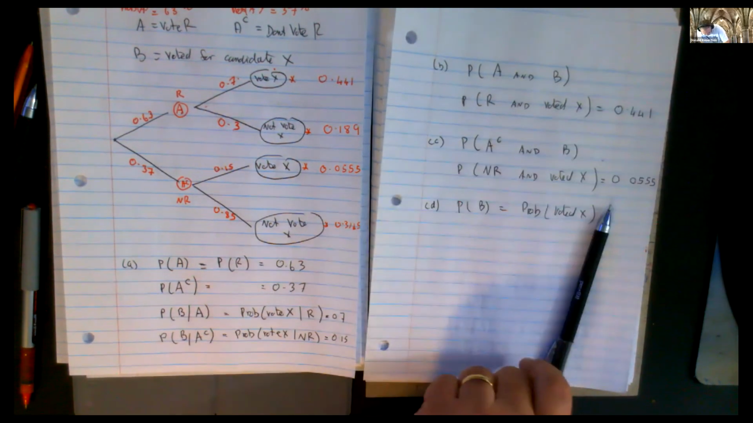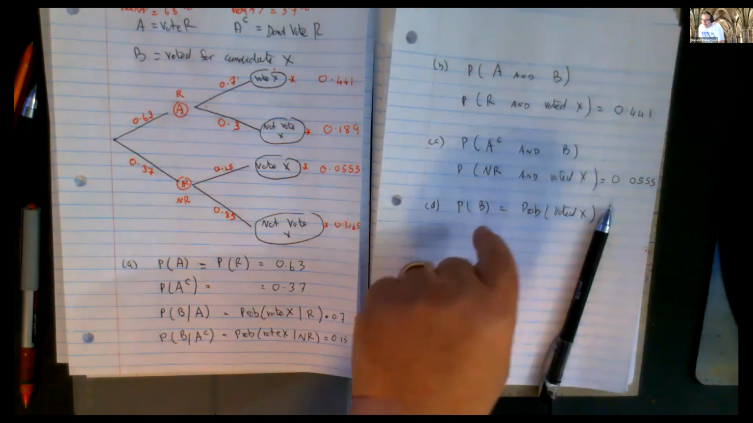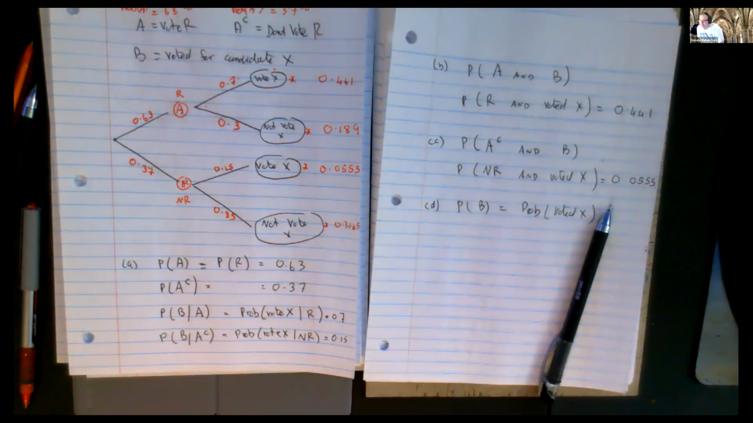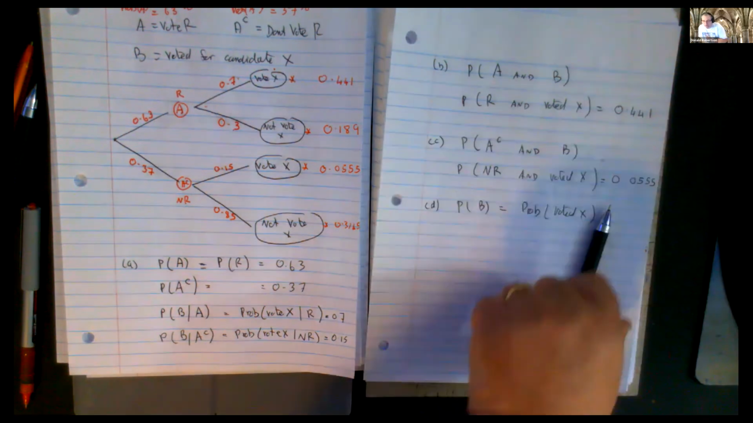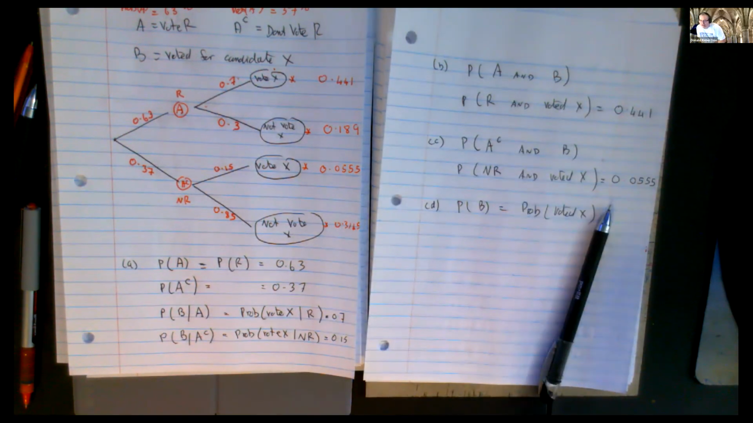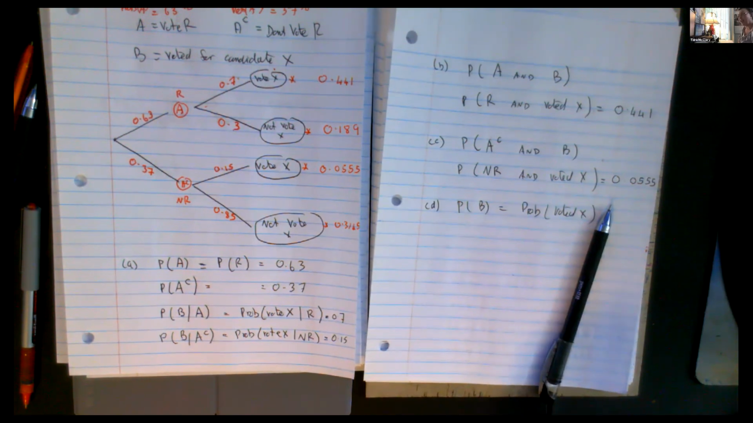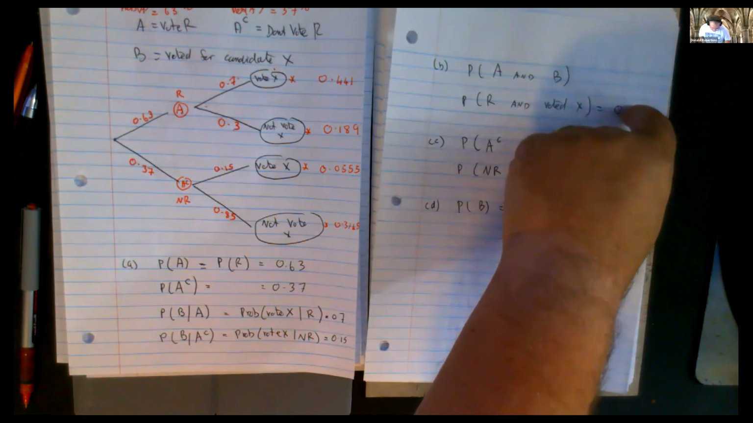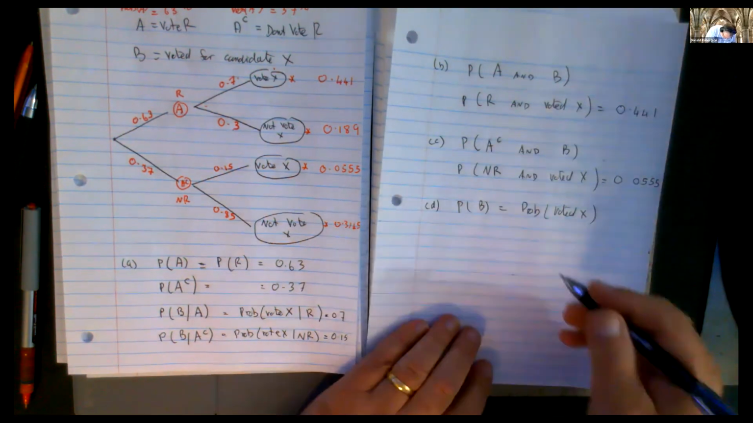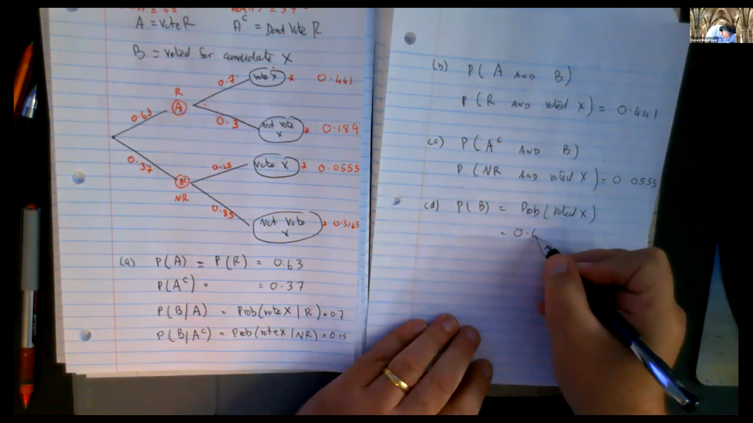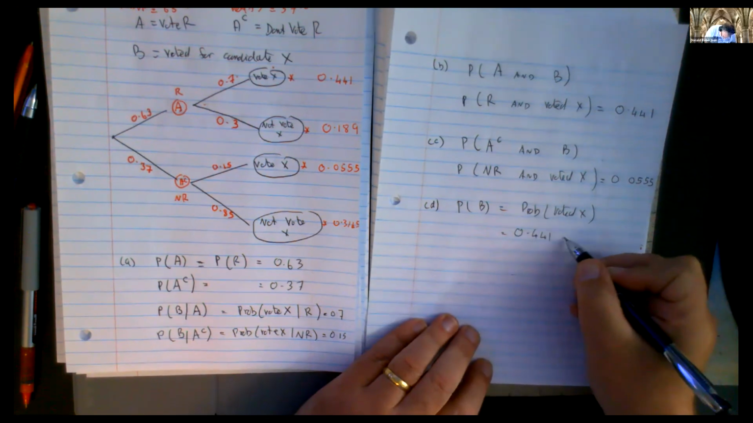So what do you think I'm going to do then to get this combined probability? Multiply them together? Not this time. There's not an "and" in sight. It's just B on its own. It doesn't say "and". Right, so yes, you add them together. And so you'll go 0.441 add